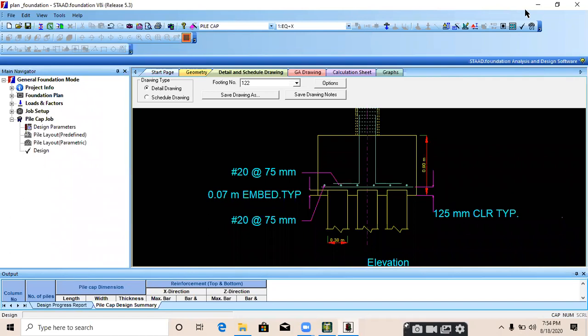Because mat foundation will take around 30 to 40 minutes itself.